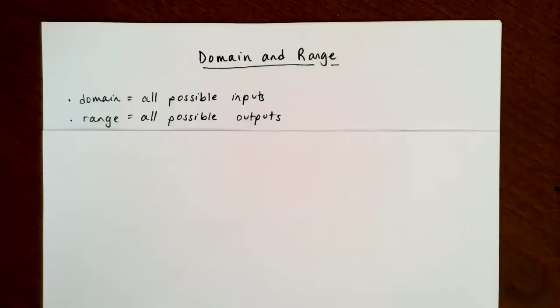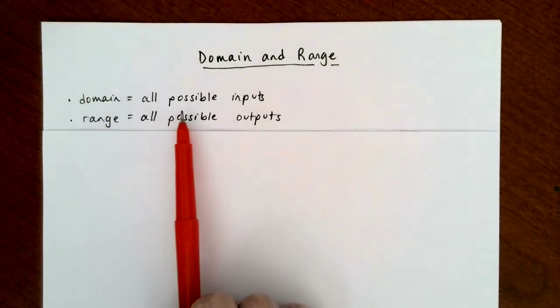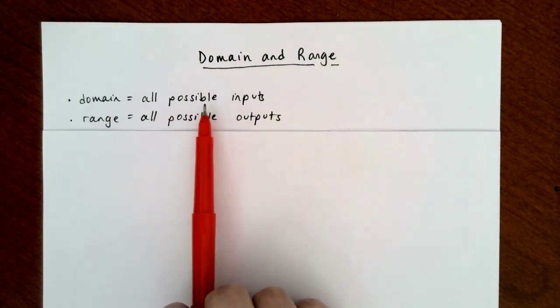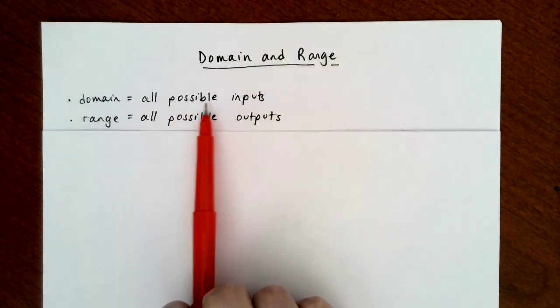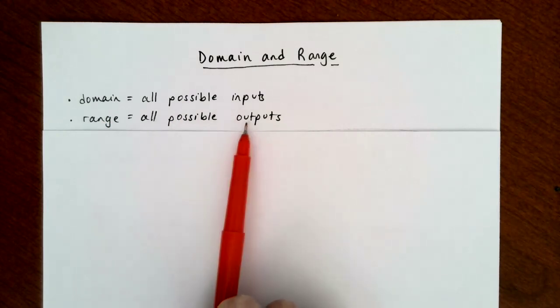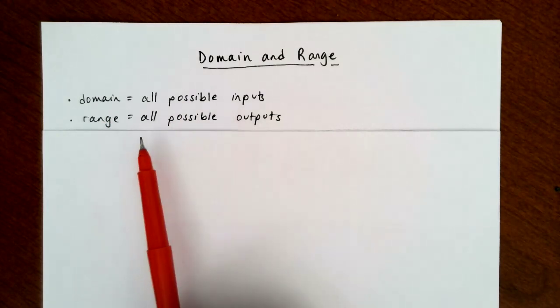Let's talk about domain and range and also interval notation. So officially, for any relation, typically we're working with functions, but not always. Its domain is going to be all the inputs that it uses, and really that's all possible inputs, right? So if it's a formula, it's not just the x values you chose to plug in, it's anything you could possibly plug in. And then the range is all possible outputs, so similar idea, but it's the y values or